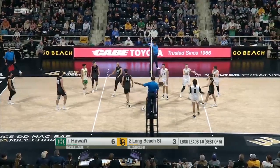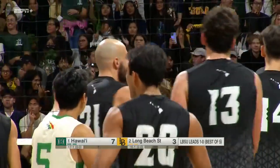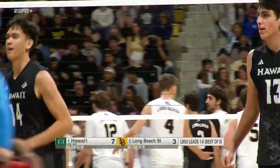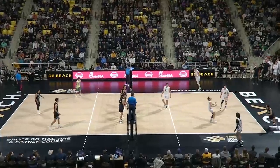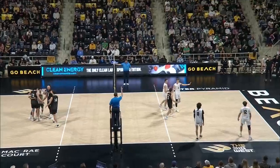What a blocking roof. In the middle, I think Voss got all of it. And I love Voss's reaction there. Stoic, blank face. This is what I do. No need to celebrate. This is part of my game. This is their first conference matchup of the year, by the way, as that will be a double contact violation